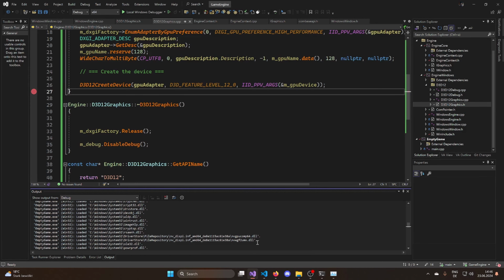These DLLs come from your video driver. So if you have a different driver, these might be a different path. If you do not have an NVIDIA GPU, it's probably not going to be NV disp. So in the end, because I have an NVIDIA GPU, it's loading these NVIDIA drivers. And it's also loading more things. It's, for example, also loading